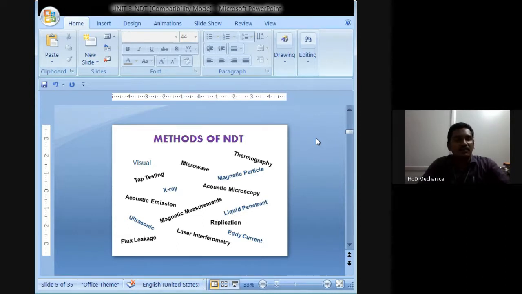That is the visual inspection. If you use a magnifying lens, that means a zooming lens, you check the testing specimen by using the human eye. Also, by using a torchlight or some other lighting equipment, checking with the help of the lighting equipment is visual inspection. That is one of the visual inspection methods.